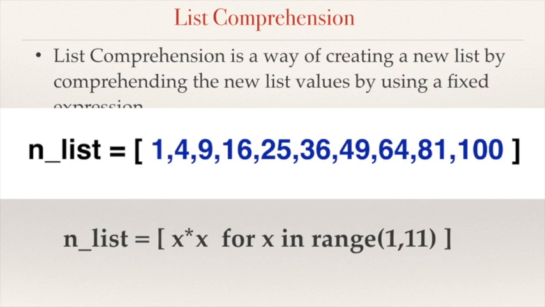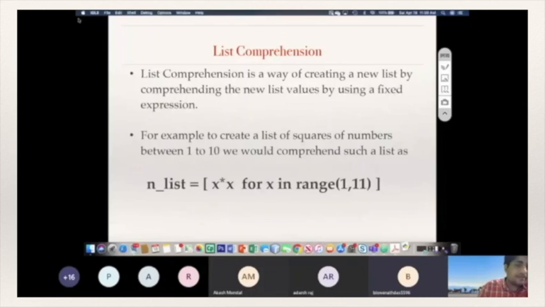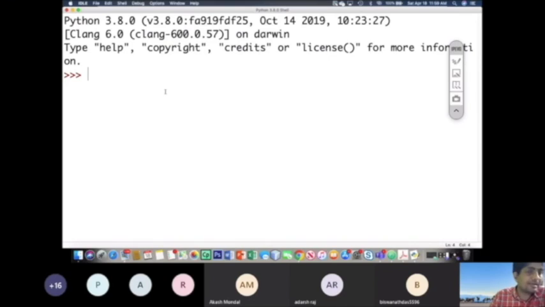Let us see a code example to understand it in a better way. Let us make a comprehended list. So you have to make a comprehended list, a list of squares of natural numbers between 1 to 10. Normally you would do this with a loop, but here also a loop is running, just written in a comprehended way. See how we write it. In the comprehended way we simply make a list like this and write inside x into x. This x could be anything, you can also take i into i, no problem.